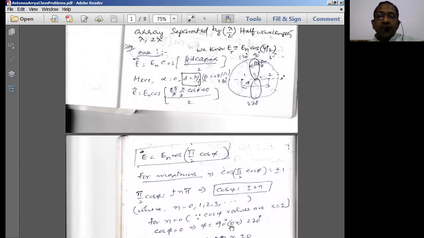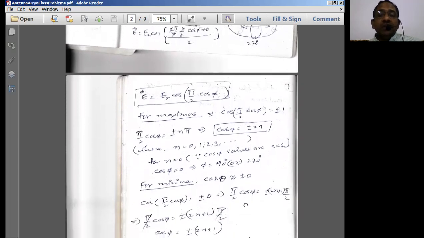Now see this we have drawn now. At phi equal to 90 and 270. This is 0 degrees, 90 degrees, 180 degrees, 270 degrees. So at phi equal to 90 degrees, we have got a maximum radiation. At 270, we have got a maximum radiation. See this radiation pattern now. This radiation pattern is something like a broadside array radiation pattern, which is always going to be normal to the axis of the antenna. The antenna array is placed in this fashion, whereas the radiation is perpendicular or normal to the axis of the antenna. That's why it comes under the broadside array type of antennas.